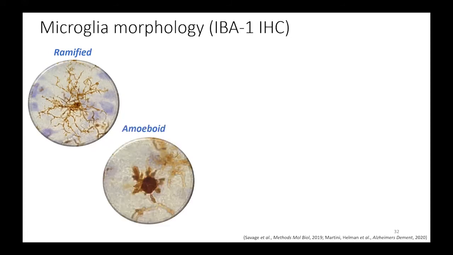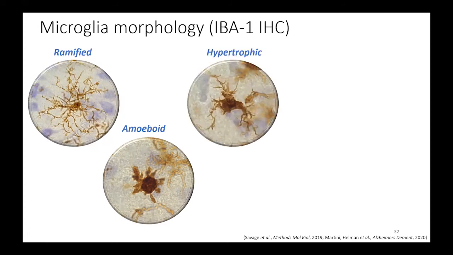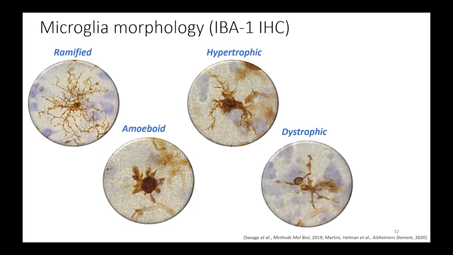So Alex and Alessandra characterized these microglia by being ramified, which is what we consider the resting or surveillant microglia, whether or not they're amoeboid, which apparently represents more of an acute inflammatory response. Hypertrophic, which we're all super familiar with, are active and busy microglia that are trying to deal with damage in the brain. Dystrophic microglia have these blebs and their processes are a little bit beaded, and Wolfgang Streit described this as part of the lifespan of a microglia: their old age, senescence and dying morphology.